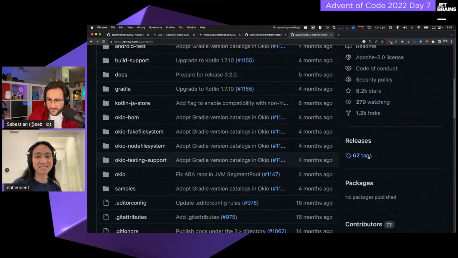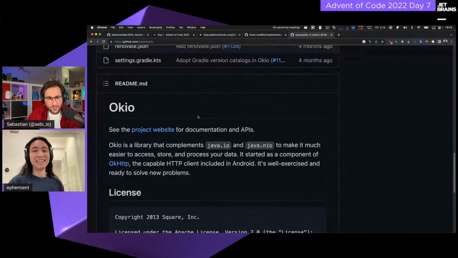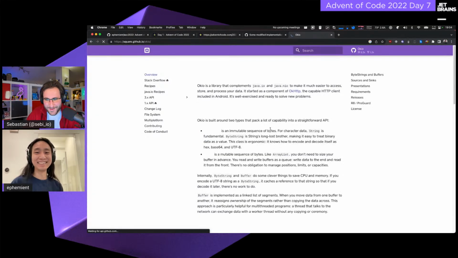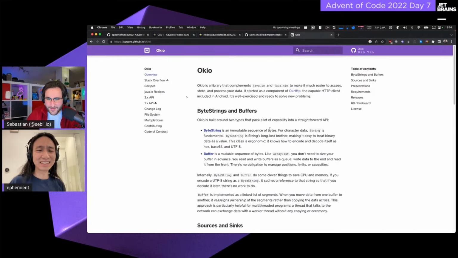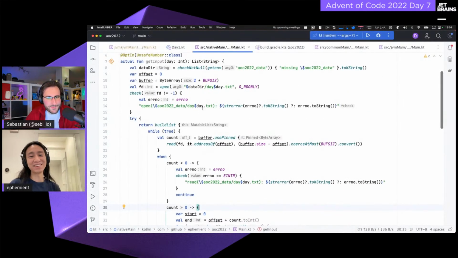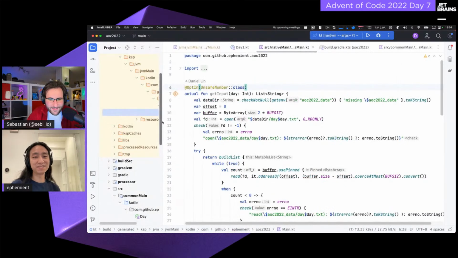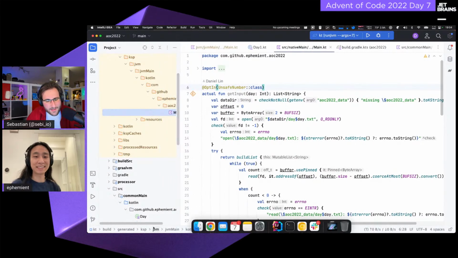Oh, nice. Now let's see here. I'm not sure where they have their version. This is a very short readme. Yep. And I'm still not seeing any version numbers. 3.x, maybe. I don't remember the version numbers, but something like that. So I could have used that, but just made this anyways. This way is standalone. I guess you got to dive a little deeper into Kotlin native. That's really cool.